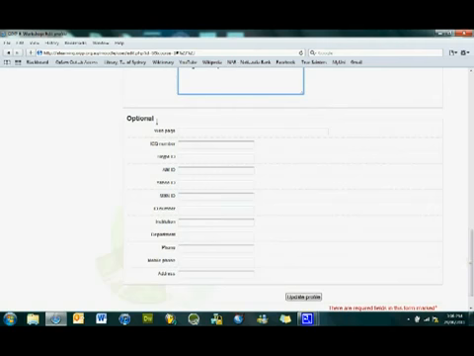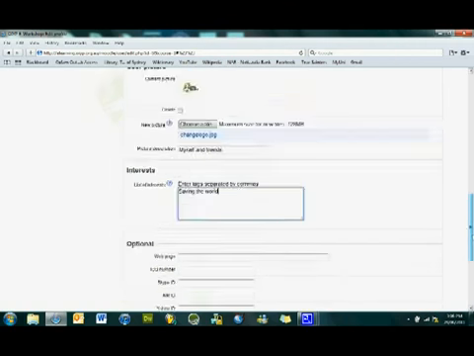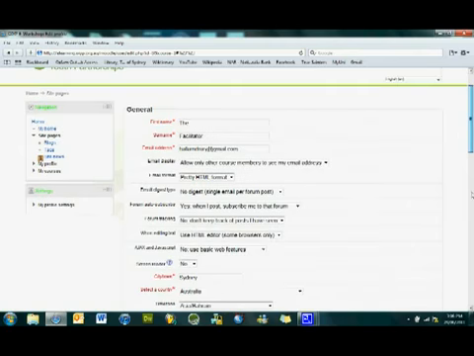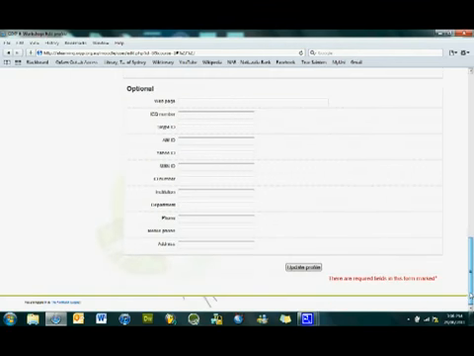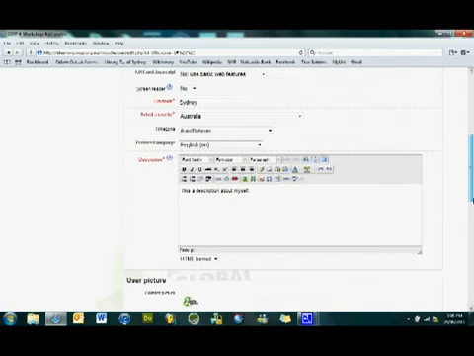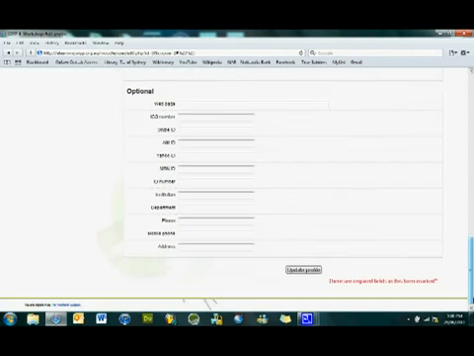What I will say though is that the information on your profile, so that is everything here, is viewable to anyone on this website. So I wouldn't put anything on here that you do not want someone else to know. So it's simply a matter of you and your privacy preferences. So if you don't want people to know your MSN ID, then don't put it in there, basically. So only put something in here and in the other sections at the top that you want other people to see, because your profile is a public profile, much like